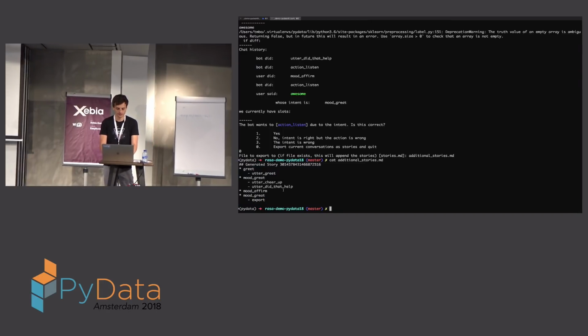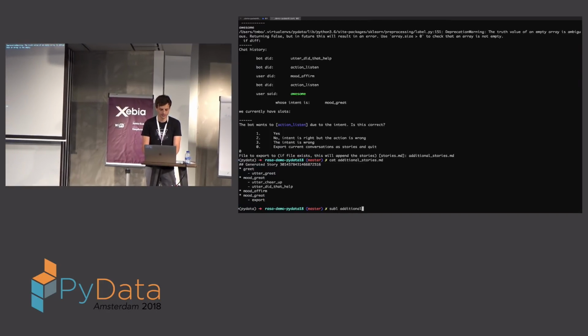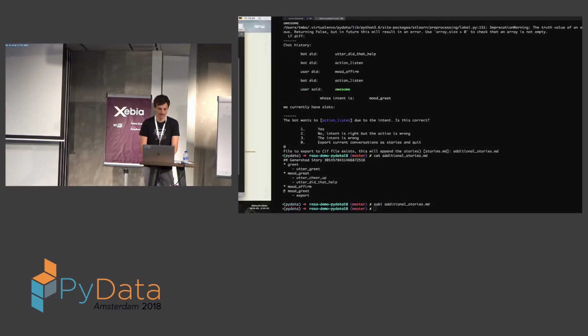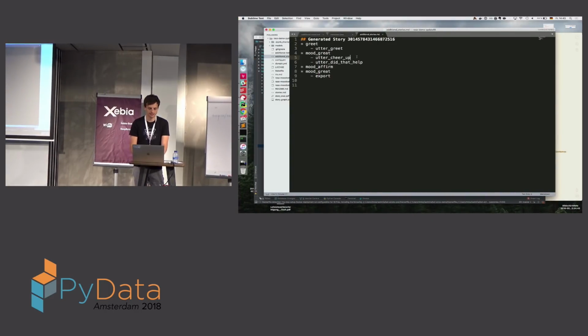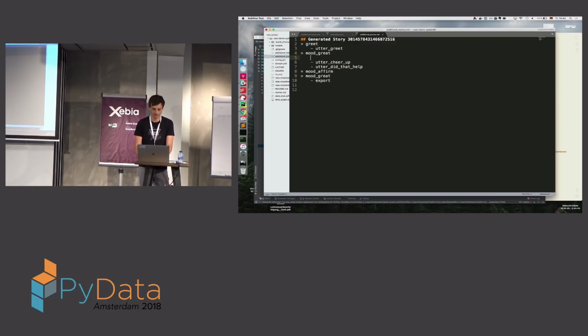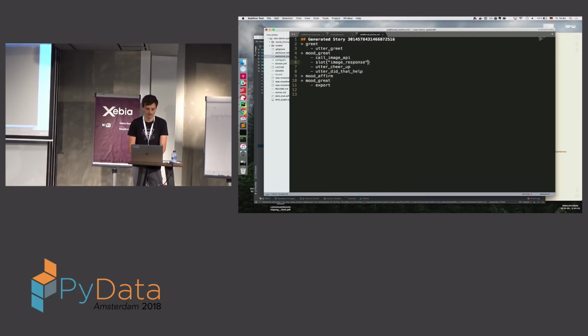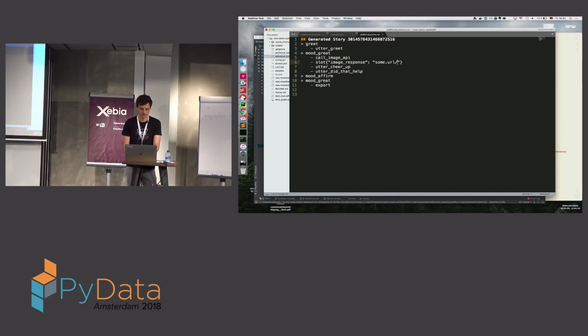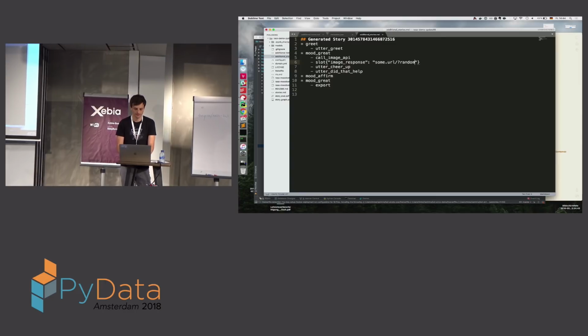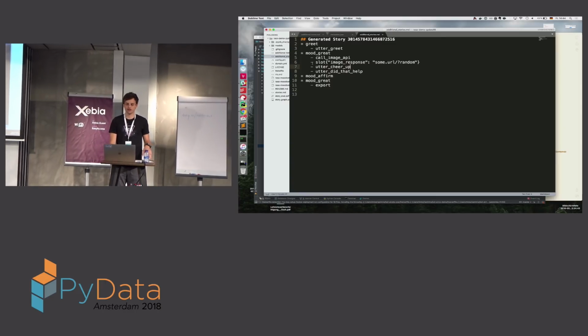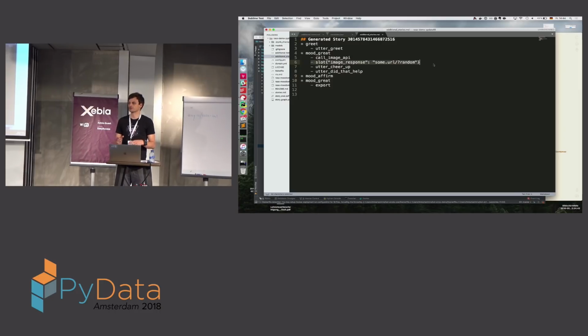So if I want the bot to actually care about a slot, let's say we have our API action here, call image API, and that action sets a slot like we did in our image response, some URL, random. As you can see here, if I want that slot to influence the prediction, I need to put it